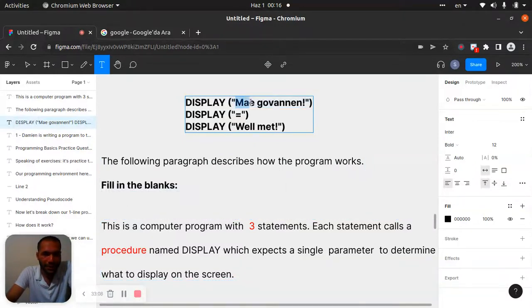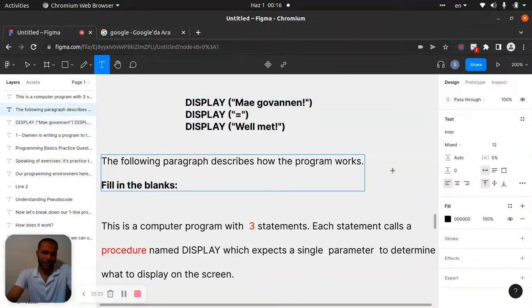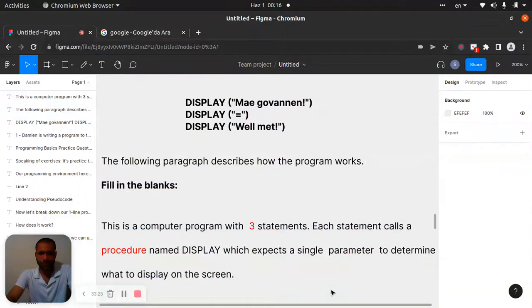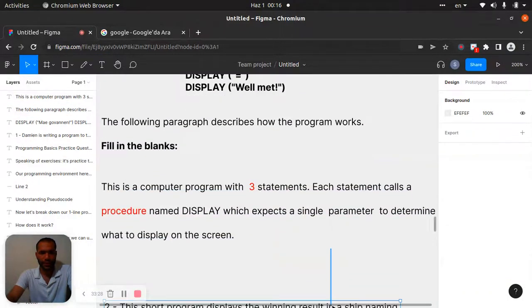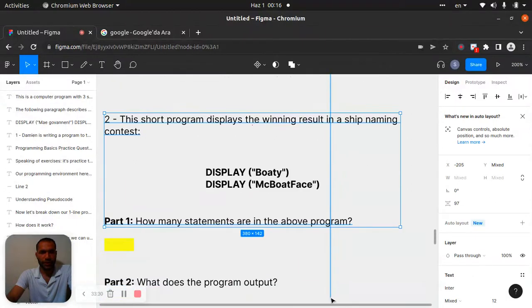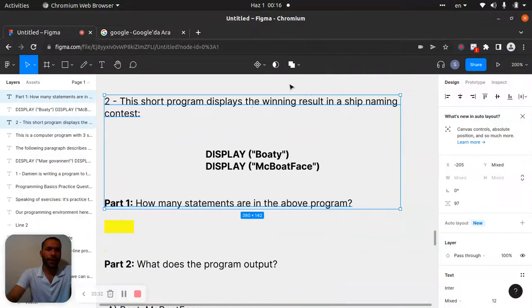The parameter is between brackets, and it is just three statements, one, two, and three. Okay, I think you understood. This is the first question. Now let's come to the second question.